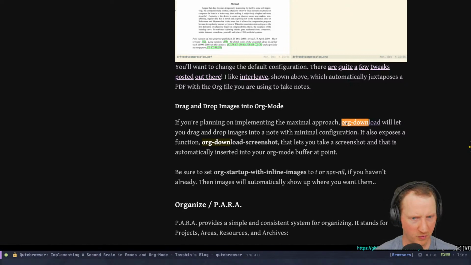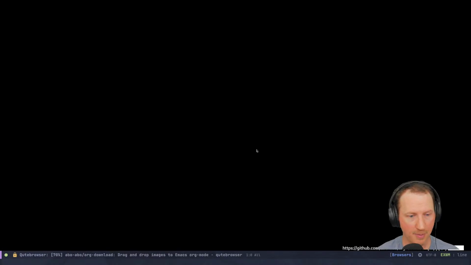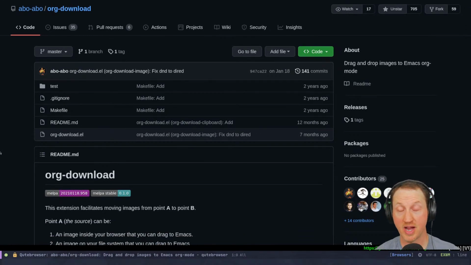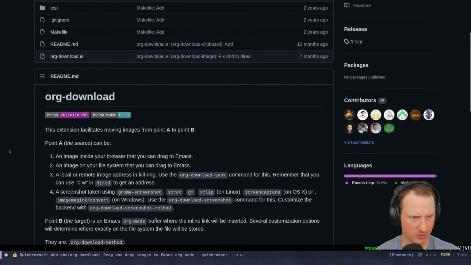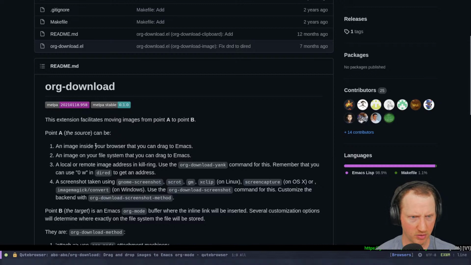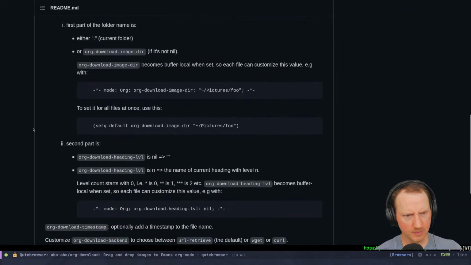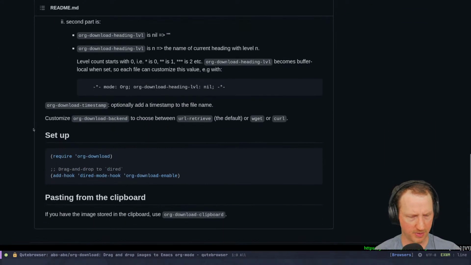There we go. We found a link through another approach. Yeah, okay, this is an org download package. Drag and drop images into Emacs org mode. Okay, so an image inside your browser, on your file system, local or remote address, a screenshot. That's pretty useful, actually. I don't know if I'll be able to do any drag and drop images here because